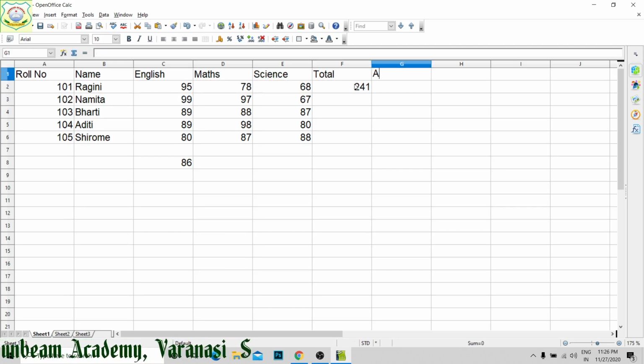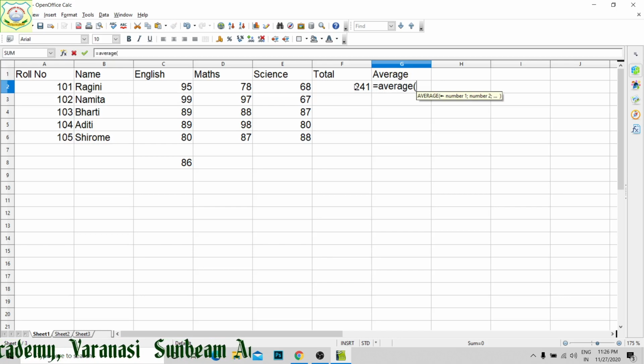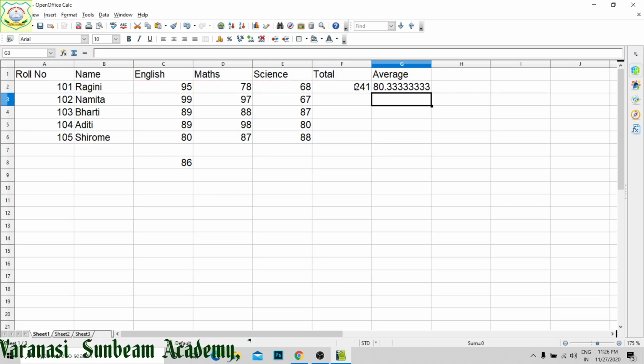Then next column will be average. Here we are going to find out the average of 3 marks, that is equal to average, bracket from here to here. Its average marks is this one.